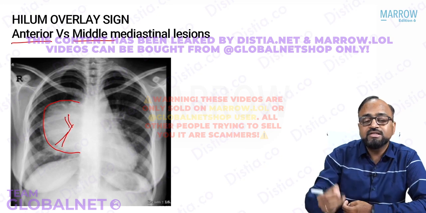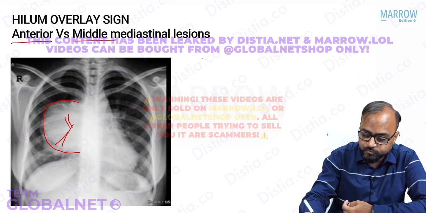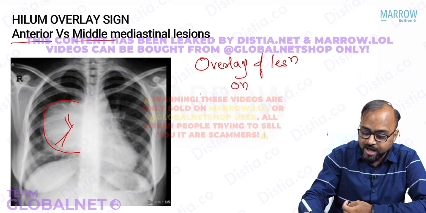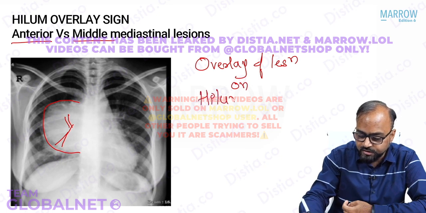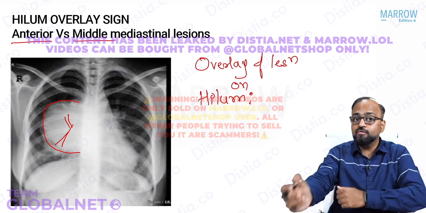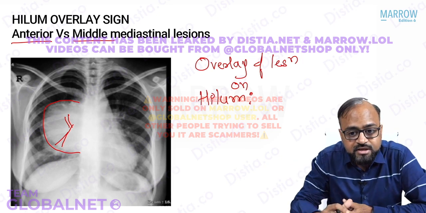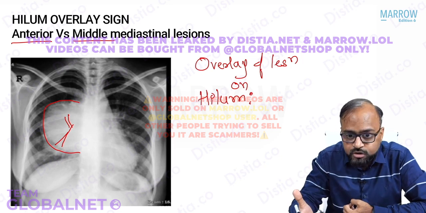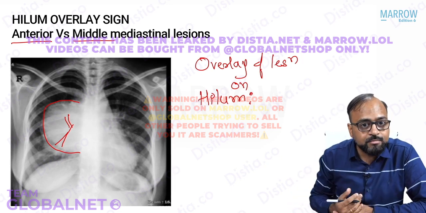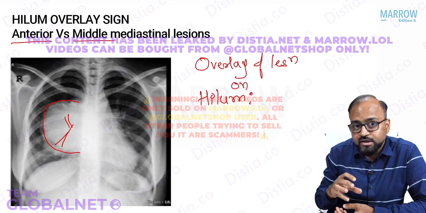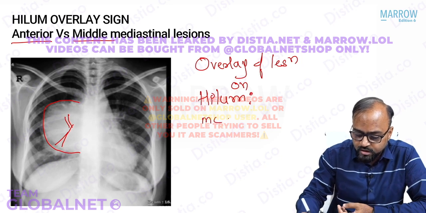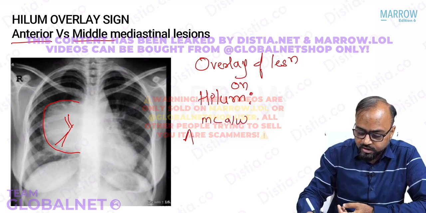If you see that there is an overlay of a lesion on the hilum, as is seen here, isn't it? So you can see that there is a lesion which is overlapping over the hilum. Then it means that lesion is not in the middle mediastinum, because the pulmonary vascular markings lie in the middle mediastinum. So this lesion is either anterior to it or posterior to it. It is most commonly associated with anterior